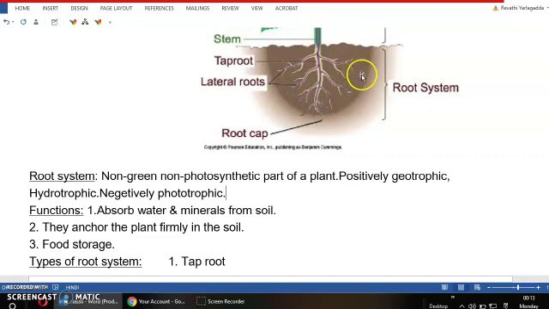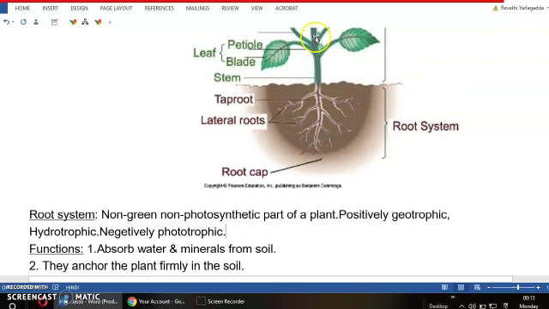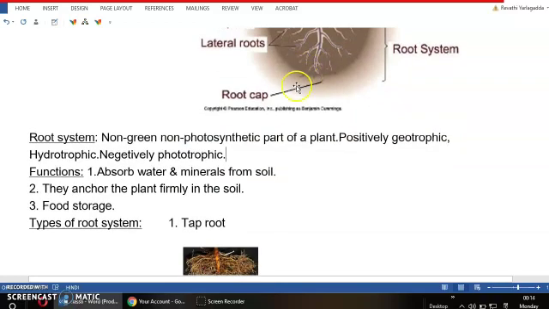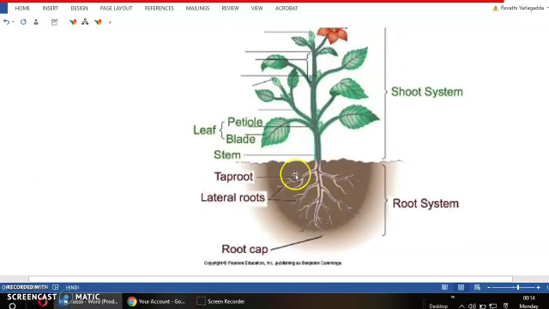They are absorbed by these tips of the roots, and after absorbing, through these branches of the roots they are sent to the main branch of the root, and from the main branch of the root to the stem and to other parts of the plant body. This water and minerals will be sent. Not only that, the roots help in the absorption of water and minerals, but also the roots help to anchor the plant firmly in the soil.